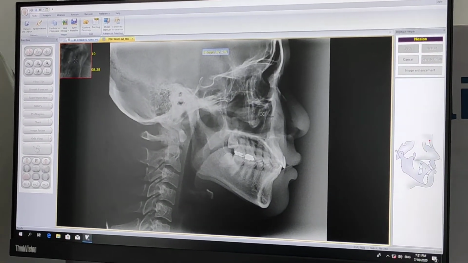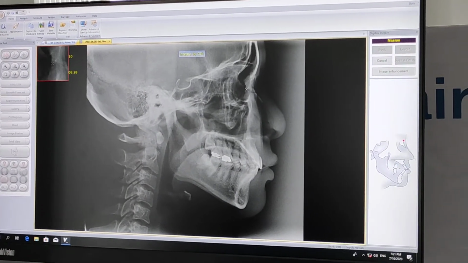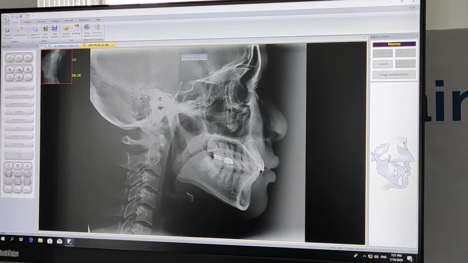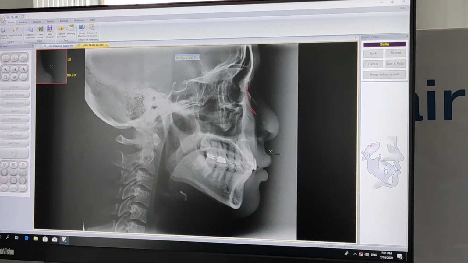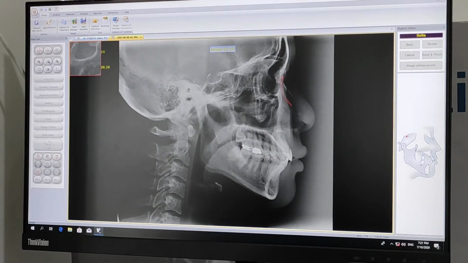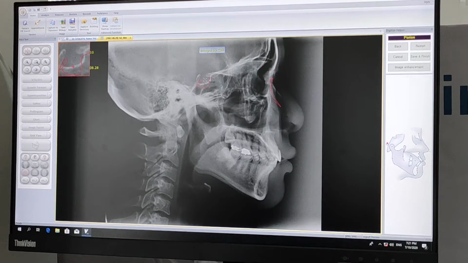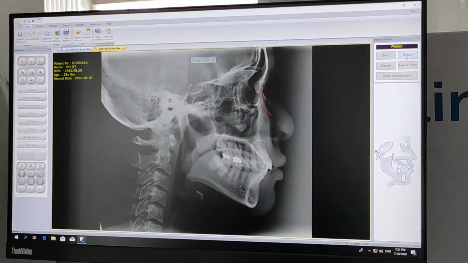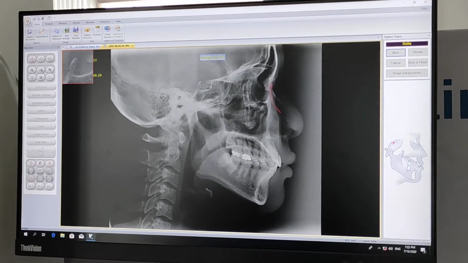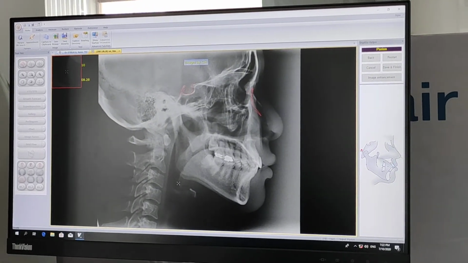Now here we can do the tracing. Now this says Nasion, so I'm just marking the point. So this is the Nasion for me. Then they talk about Sella. Now this is the Sella point for me.